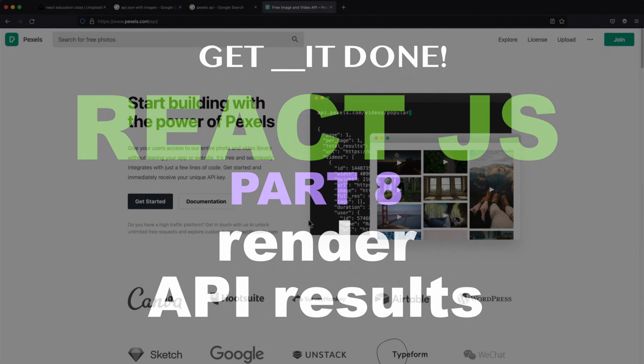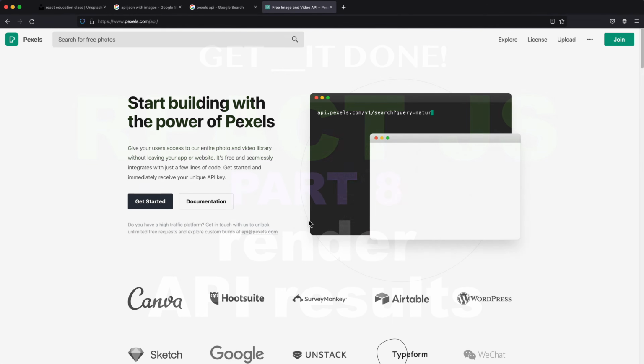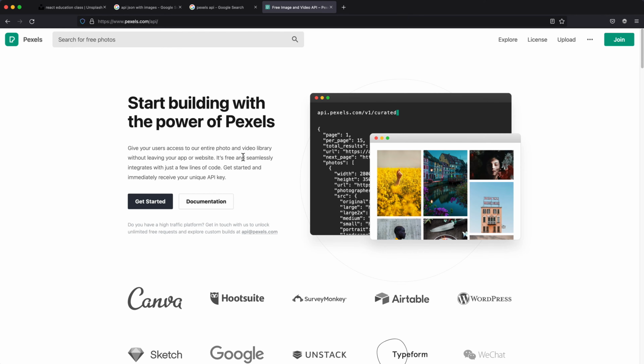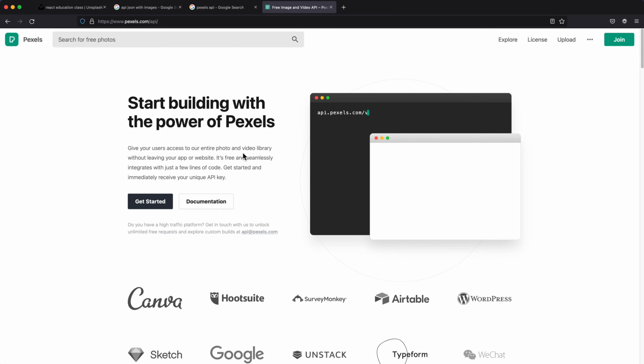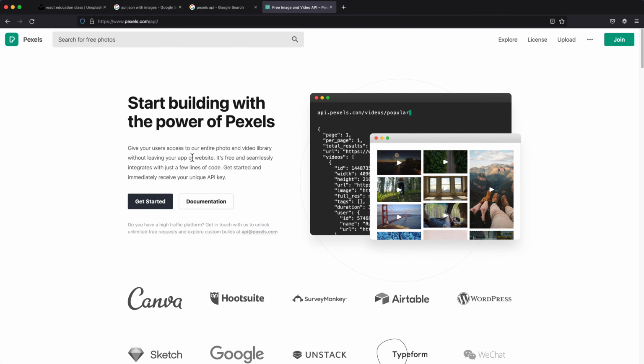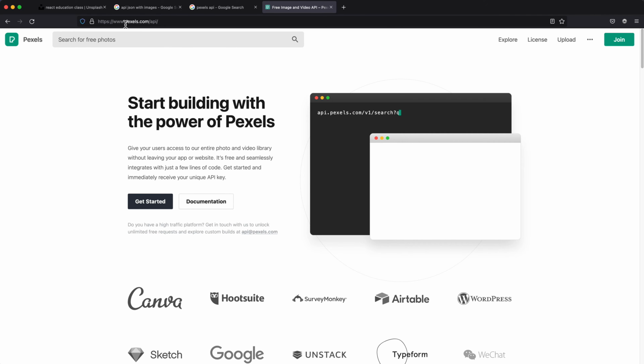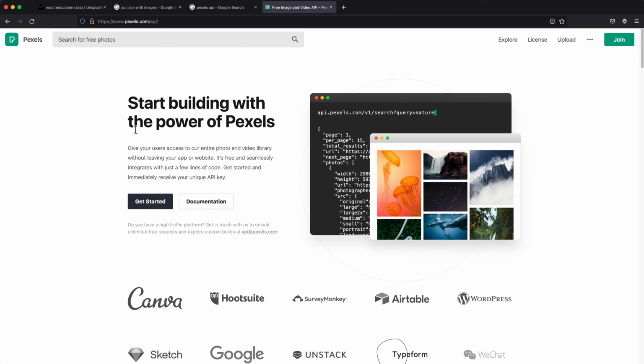So now that we know how to render an array of JSX elements, let's try to get some data from an API and see how we can use that data in our application. So for that, I'm going to use this pexels.com API,